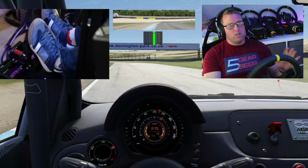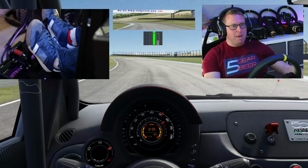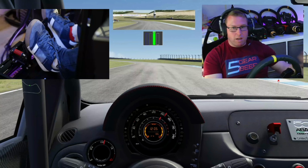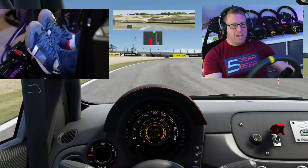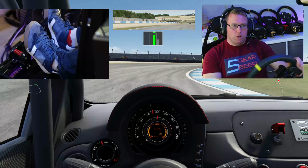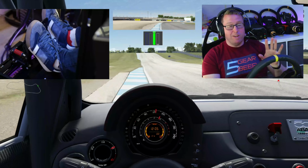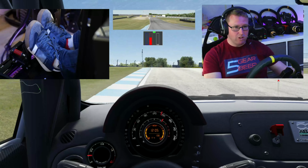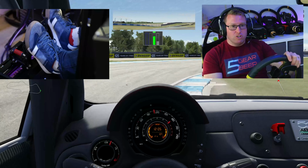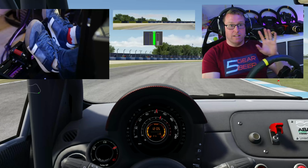Yeah, it's starting to feel good. Again, my only reservation is the clutch. That may be entirely by design. I don't think I'm doing anything wrong because I've calibrated correctly and I've not changed any setup. So just when you get it out of the box, that's what it's going to be like. There may be ways to change it. Do keep up in my Discord if you particularly want to know about that clutch. Do just ask me and I'll let you know if I got that clutch to feel a little bit more